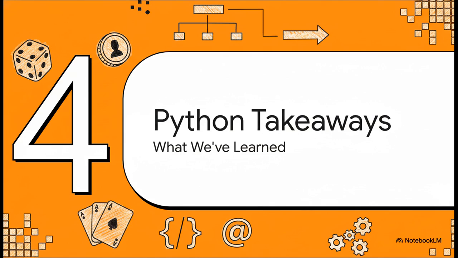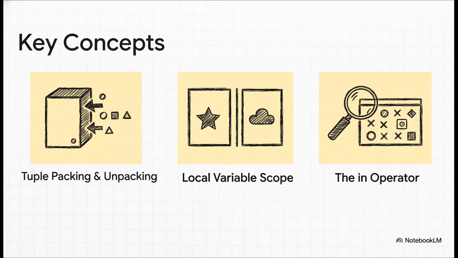So, just by building a simulation of this simple dice game, we've actually uncovered some really practical and powerful programming ideas. Let's do a quick recap of what we've learned. First, we saw how tuple packing and unpacking is an awesome trick for returning multiple values from a single function. Second, we really dug into the crucial idea of local variable scope and how it keeps our functions from interfering with each other. And third, we saw how using the in operator can make our code so much cleaner and